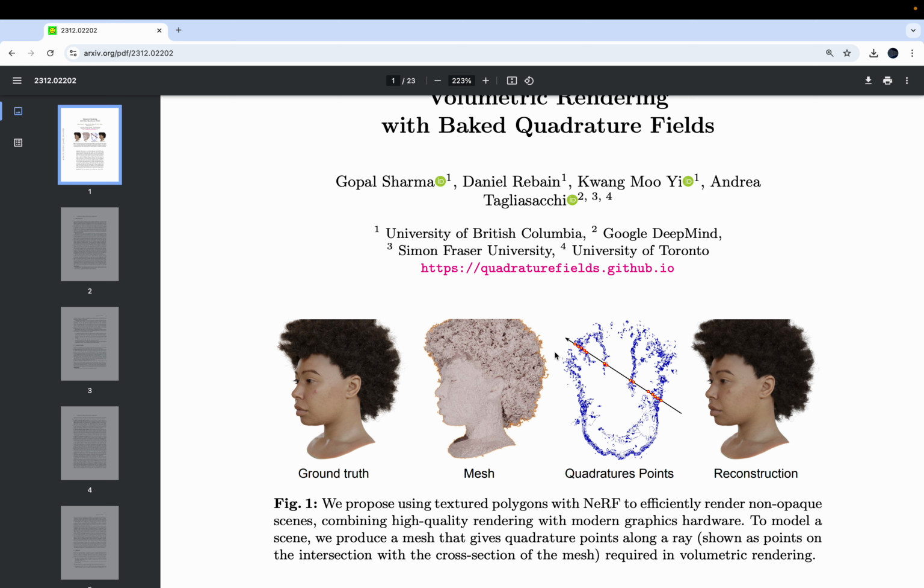The main idea of this paper is to leverage mesh, but not in the traditional way. For example, they bake the NeRF into a mesh, but then you cannot take the mesh and plug it in any rendering software, unlike other approaches that baked NeRF into meshes. We will see some comparison with those methods later in the paper. Here, really, the idea is to